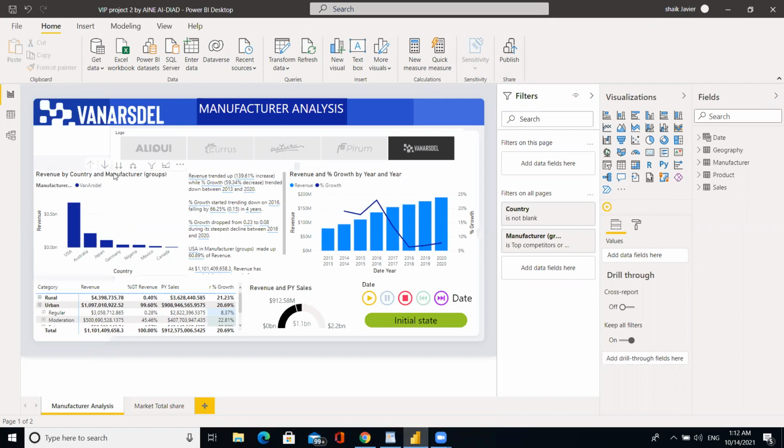We have seen the data which we collected from the data set: geography, manufacture, product, and sales.